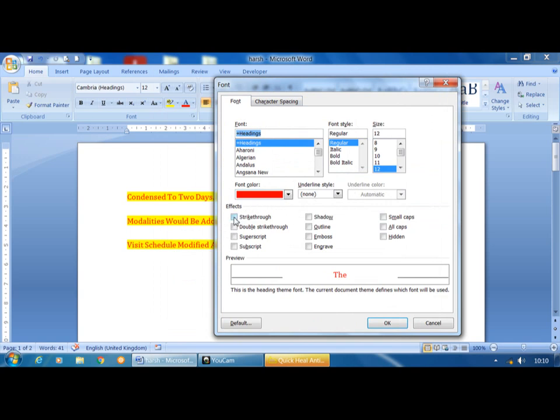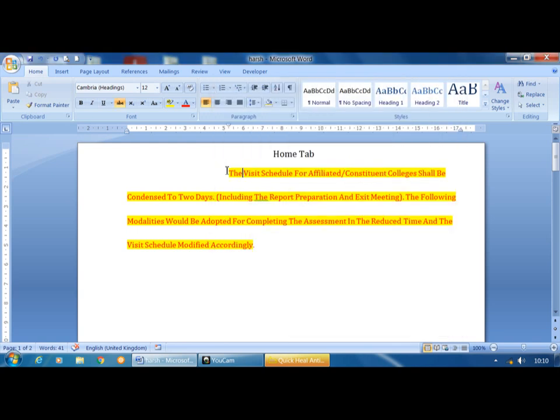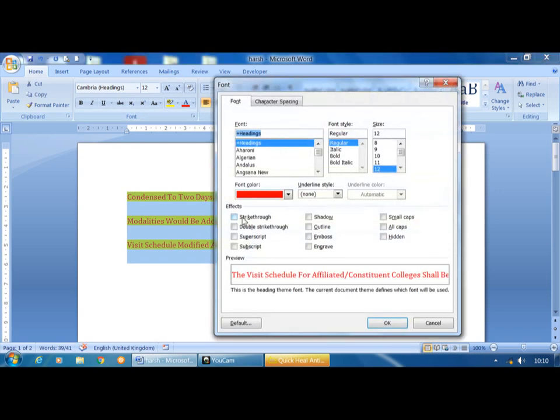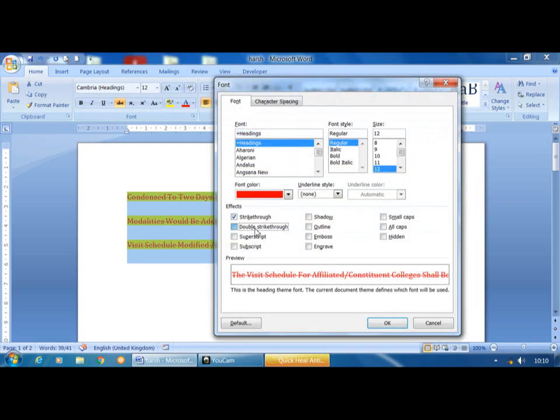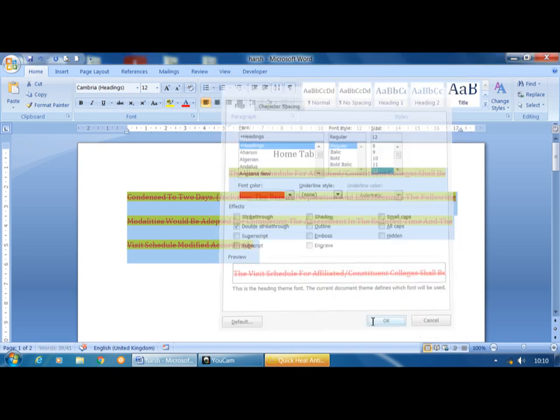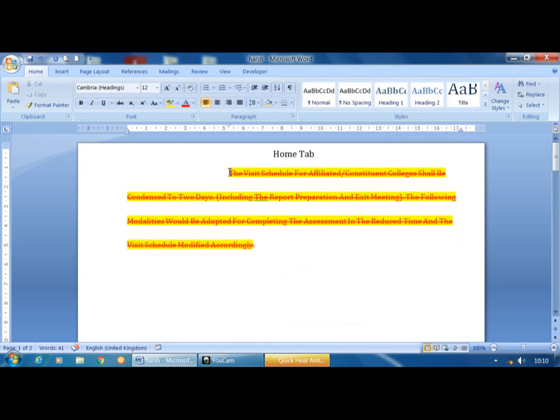Here we already learned strike through. Just select the text, click on strike through and click OK. A single strike appears, a line over the text. Instead of single strike, if I want double strike, you click on the double strike option. See, a double strike appears.